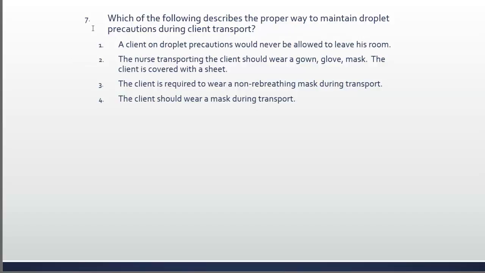Let's drill down a little. So, a client on droplet precautions would never be allowed to leave his room. That's not right. The nurse transporting the client should wear a gown, glove, and mask. The client is covered with a sheet. Okay, a sheet does nothing for droplets, and you wearing something doesn't protect anybody that you pass from your client,